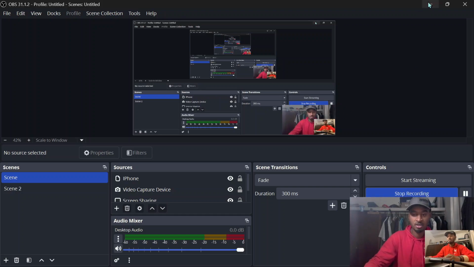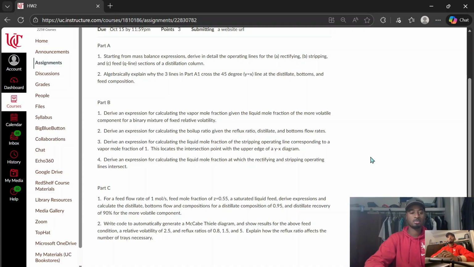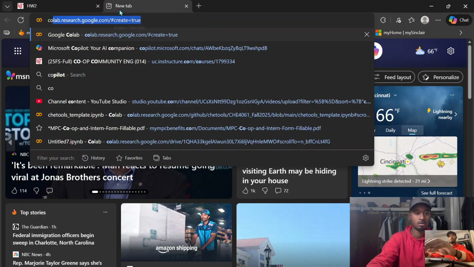All right, so this is a continuation off of homework 2. We'll now be moving into part C of this assignment. Here, we're tasked with finding the distillate bottom flow and composition of a system that has a feed flow rate of 1 mole per second with a feed mole composition of 0.55. We know that's a saturated liquid, so we can identify that the Q value for that will be equal to 1. So we can start this by opening up